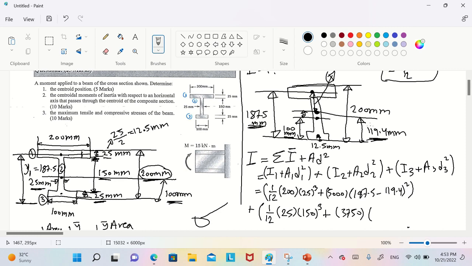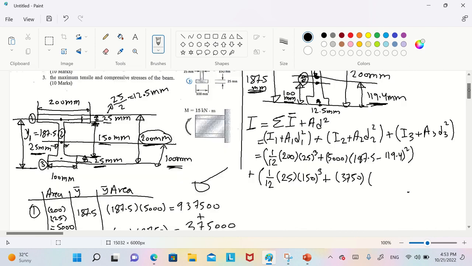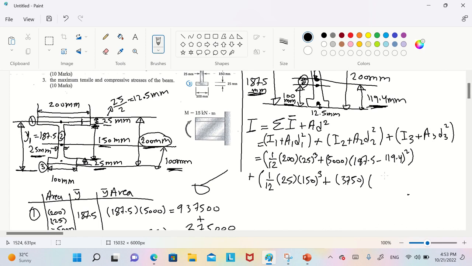So 119.4 minus 100, you will get this one. You can say 100 minus 119.4, no problem, because of the square you will cancel the negative. So you can do both. So 119.4 minus 100 squared